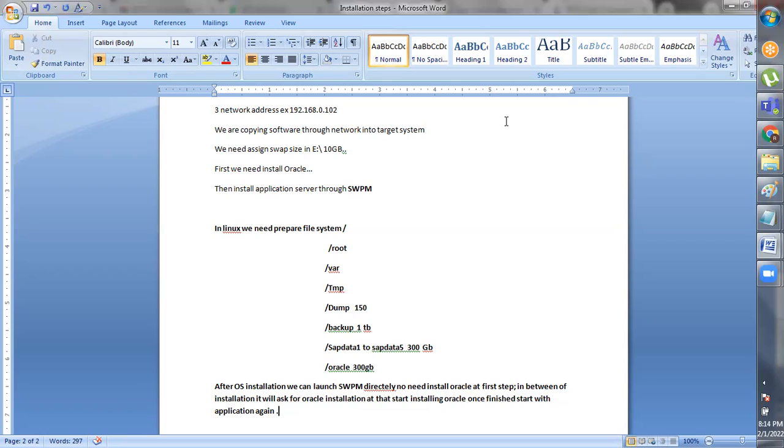But as you said, the server is installed, Oracle is installed. On top of that, nobody can install Linux because there is already one OS. You have to format the system or use VMware on top of that. Then you can use this system.